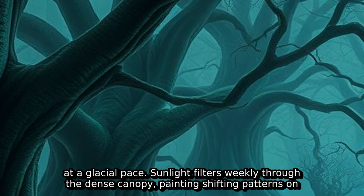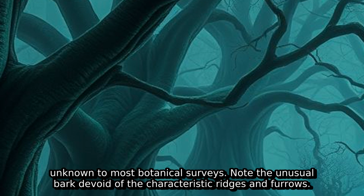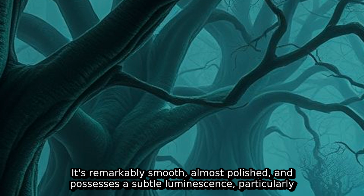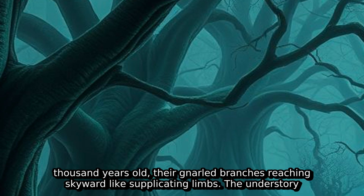Sunlight filters weakly through the dense canopy, painting shifting patterns on the forest floor. The dominant species here is the Quercus silentium, or silent oak, a variety unknown to most botanical surveys. Note the unusual bark, devoid of the characteristic ridges and furrows. It's remarkably smooth, almost polished, and possesses a subtle luminescence, particularly noticeable in the twilight hours. These trees are of exceptional age, some estimated to be over 1,000 years old, their gnarled branches reaching skyward like